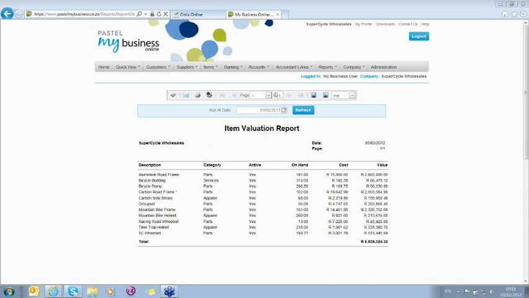Okay, the next report and as well, just on the item valuation report, if you do see that there needs to be any adjustments, so you did a stock take and you see that, let's say in my company example, aluminium road frames, instead of being 191, there only needs to be 185. What you can actually do is go to your items, select item, adjust item